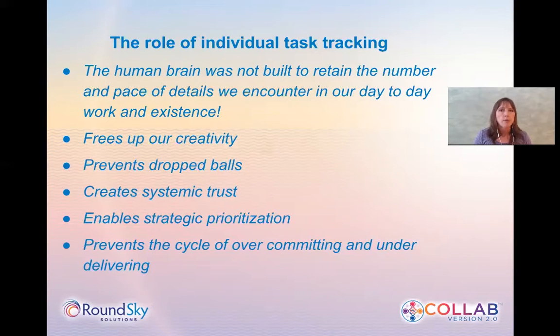And in a team environment, having individual task tracking creates systemic trust, which then allows for relational trust between people to build. The ops report is a simple project management framework that really relies on each individual having their own system for tracking all next actions that go on to delivering on our projects. And without a trustable system, it's really not realistic to expect trust between team members with wide-ranging capacities for tracking and sorting tasks into what's important and what's not, and then for getting those tasks done in a timely and